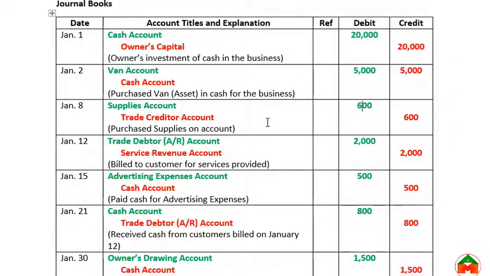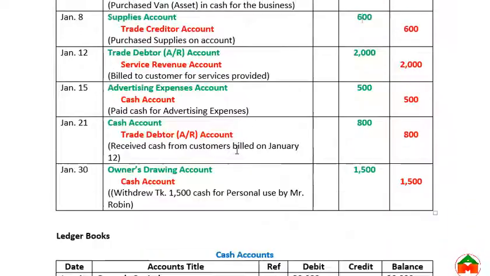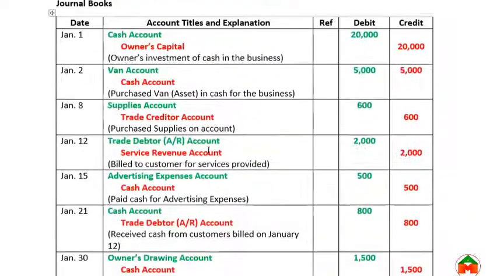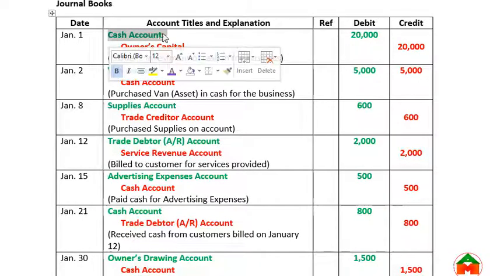So from the theory of ledger we have learned that ledger is a collection of specific accounts' increase and decrease. So here this is a journal book. From this journal we will prepare ledger. So since ledger is a collection of increase and decrease of any specific account, here we can see cash is an account,